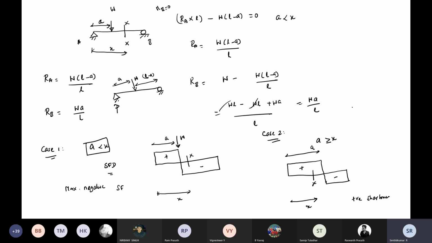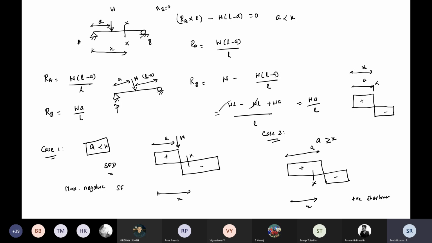For example, you will get the shear force value at the section like this, and it will get like this at X. These both, A and X, are the same. This is your bending moment diagram. So in the shear force diagram, both positive will be there. At the section you can see only the positive will be there. Here you can say the negative value. This is just about the shear force diagram.